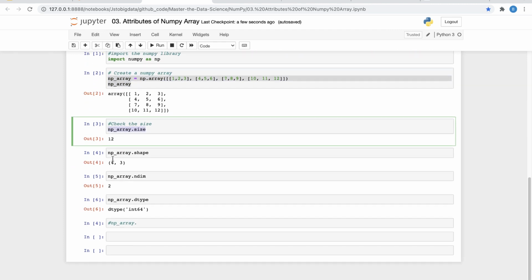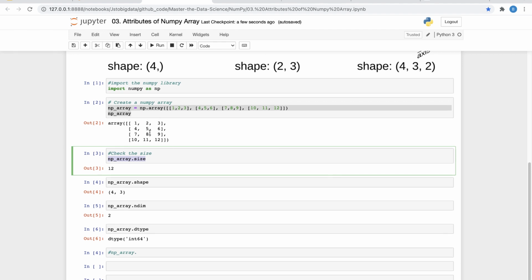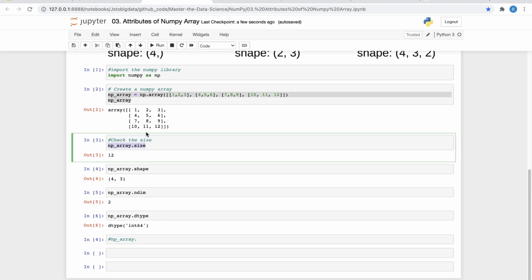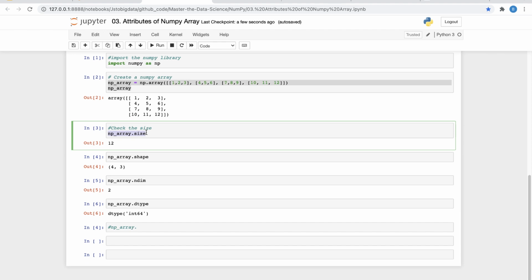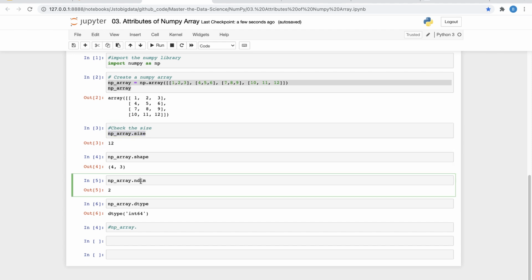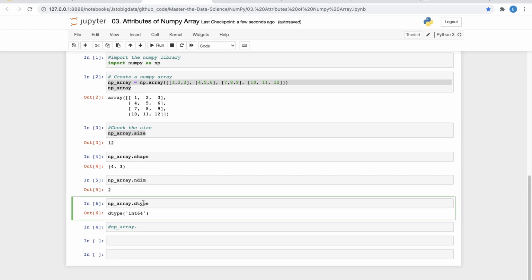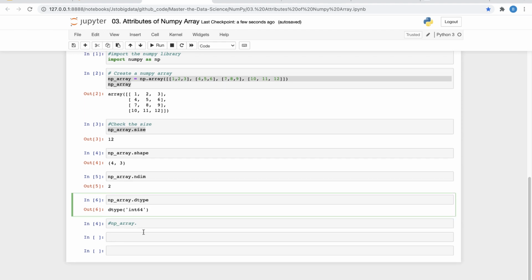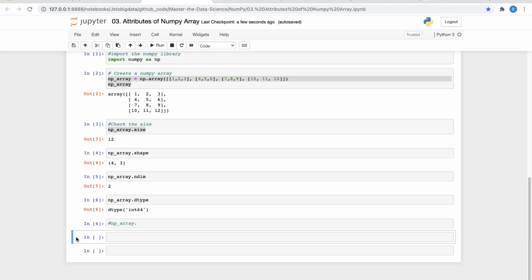It shows 12 because I have 12 elements here, because it's a 4 by 3 matrix. And then I have checked the shape of it, then dimensions, then data type, and so on. You can take more examples yourself and play around with it and see how it helps. And that's about it, and then we move on to the next part of the tutorial.